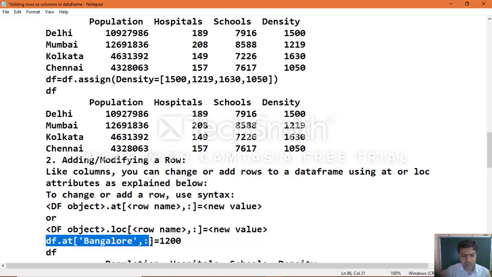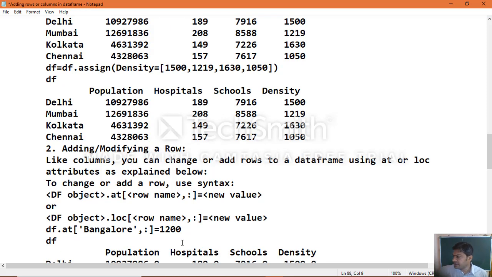name Bangalore comma colon equal to the value which we specified. What happens here is that for the complete row, all the columns will be given the same value. It means, since there is no row with label Bangalore, Python added a new row with this label which has the same given value for all its columns.